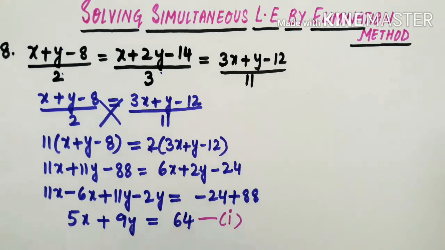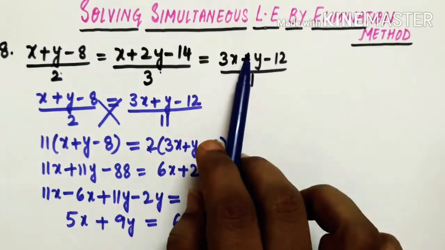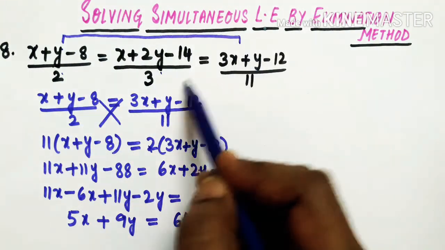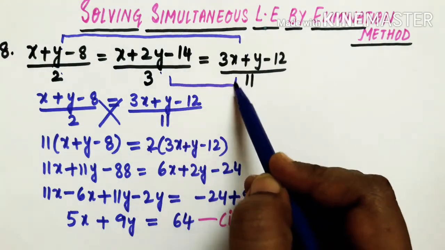This is your equation 1. Now you got it in the form of a1x plus b1y equals minus c1, right? So this is how you have to first form the equations and then you have to solve. Now the first equation you got. Now let us find the other equation also. This equals this we have done, right? This expression is equal to this one. Now let us do this expression equals this one.